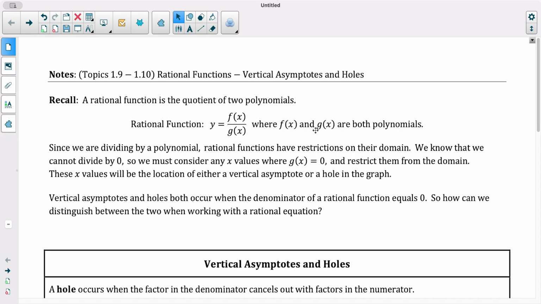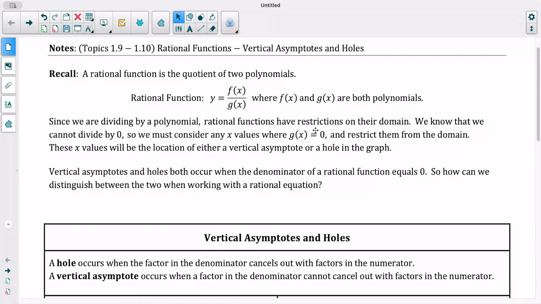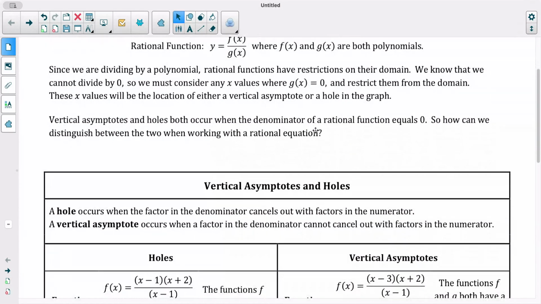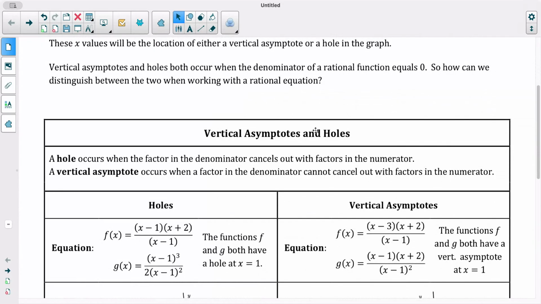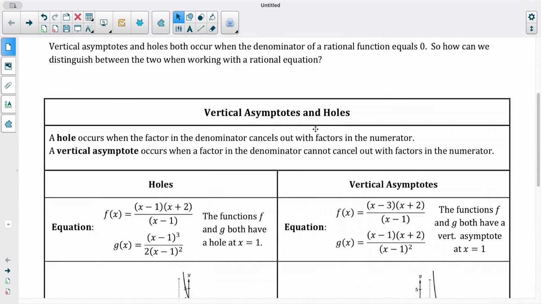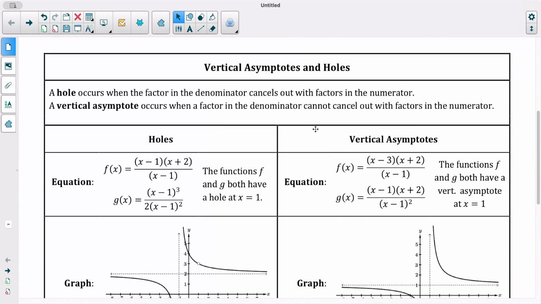Okay, so we already know why there are vertical asymptotes in the denominator, because you can't have zero, right? And anything that makes the denominator zero is a no-no. That's a vertical asymptote that you can't have. Okay, so a hole is, again, when the factors cancel completely top to bottom, and a vertical asymptote is when they don't have something that they can cancel with. Okay, so as an example,